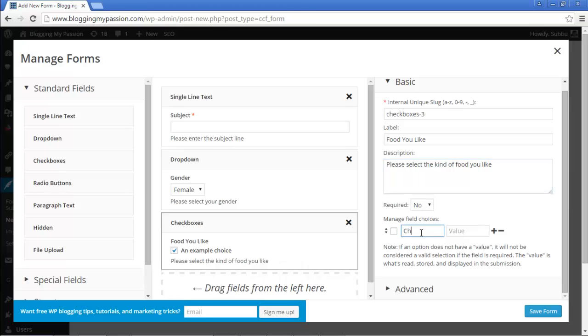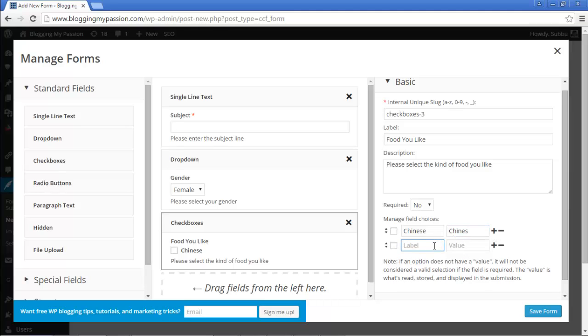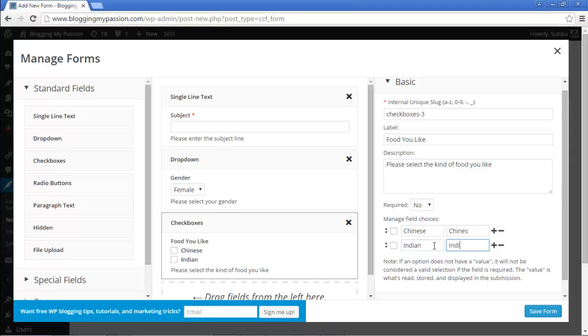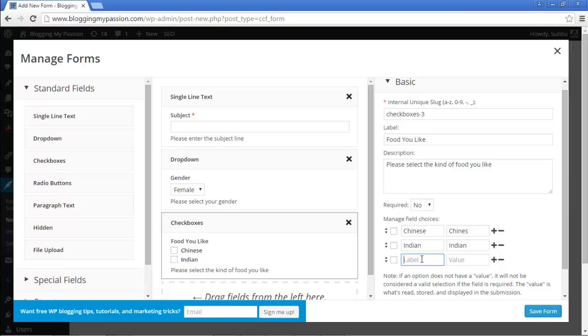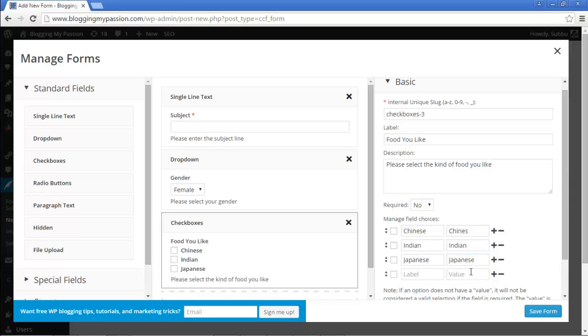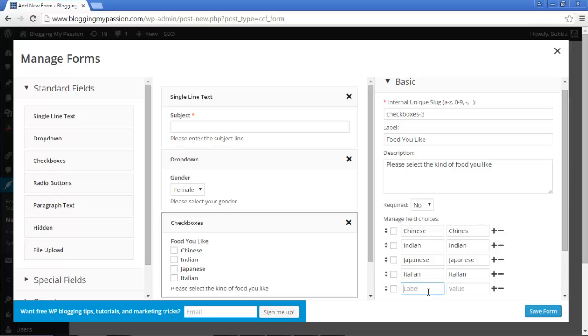The first one is Chinese, the value is Chinese, and in order to add more, just click on this plus button here, and the second one is Indian, value is Indian, and the third one is Japanese, value is Japanese, the fourth one, label is Italian, value is also Italian, next one is Western,